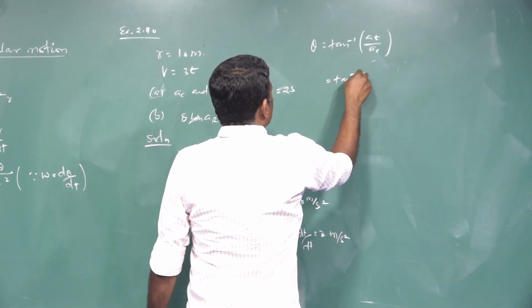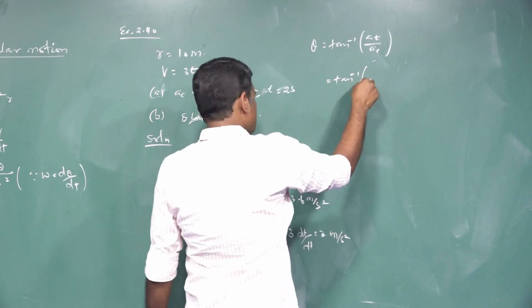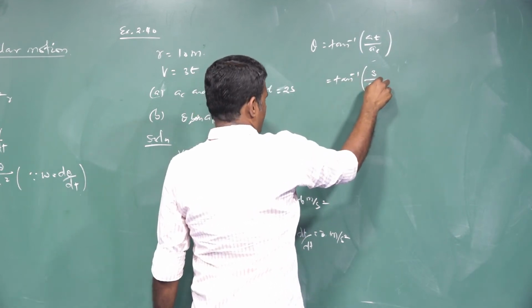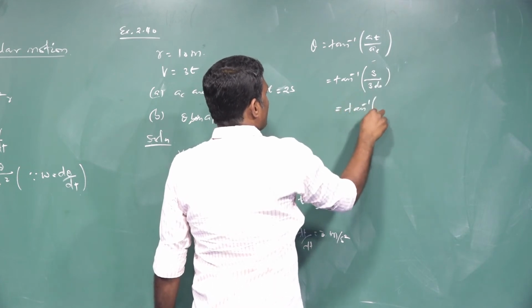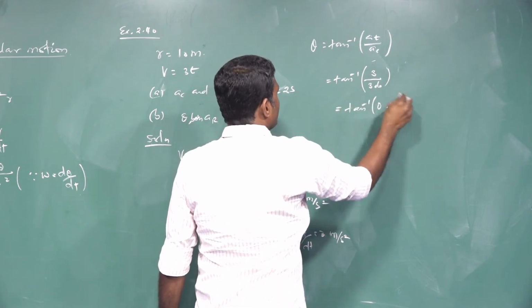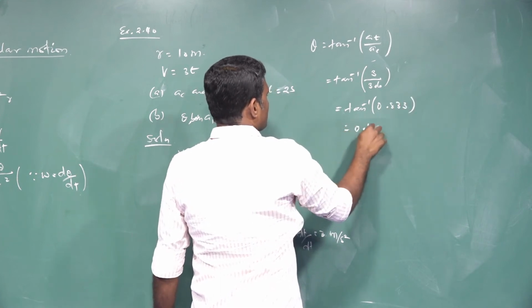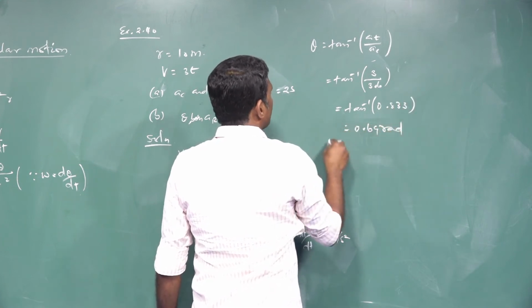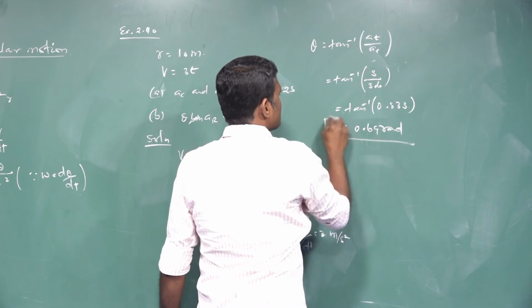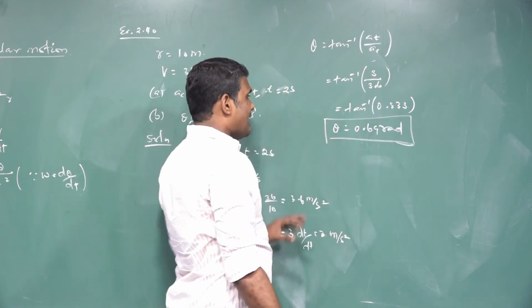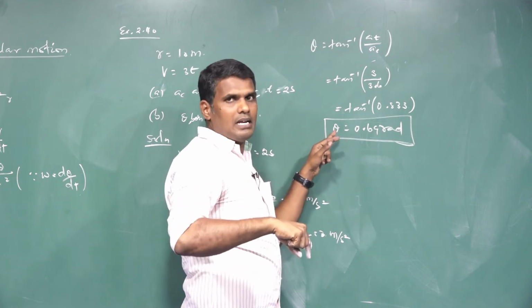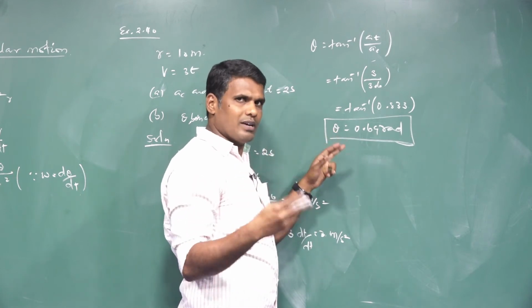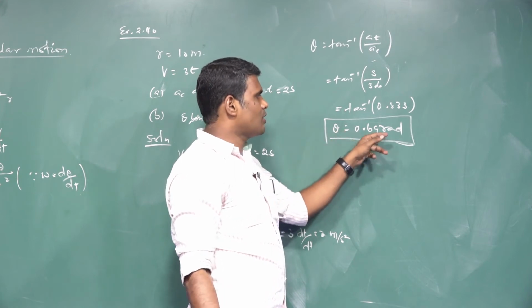AT is calculated, tan inverse of AT is 3, AC is 3.6. So this is equal to tan inverse of 0.833. This is equal to 0.69 radian. The value of theta is 0.69 radian. So the angle between the resultant acceleration and centripetal acceleration or radius vector, whatever, theta equals 0.69